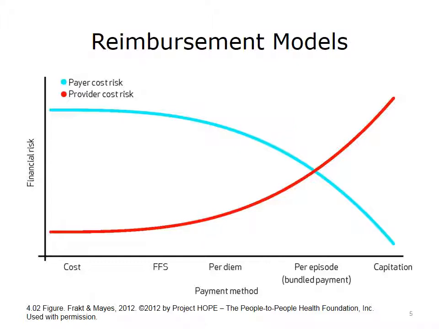As you can see, the risk for the costs of care shift from the patient to the provider as we move to some of the alternative payment models along the x-axis. The theory, then, is that if you are the provider and the financial risks shift to you, then you become much more motivated to eliminate some of the waste that we identified. This is, in fact, what has happened among HMOs like Kaiser Permanente.